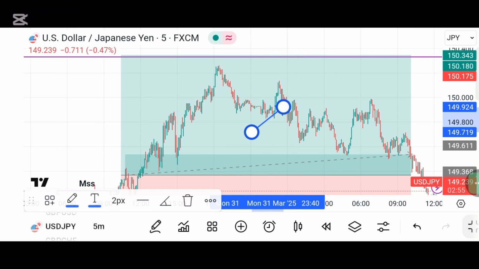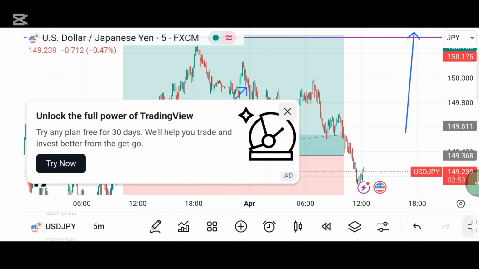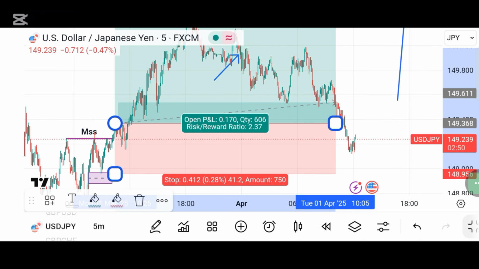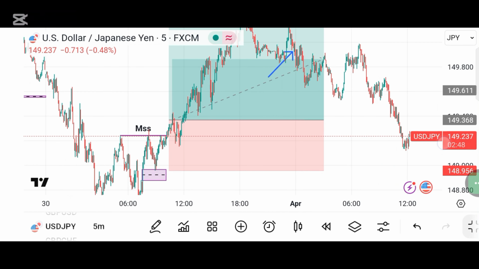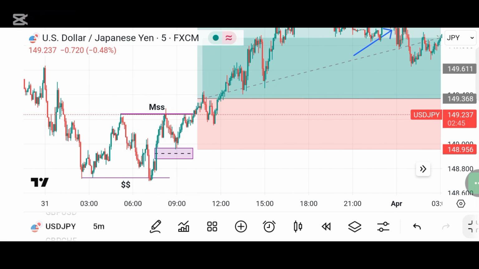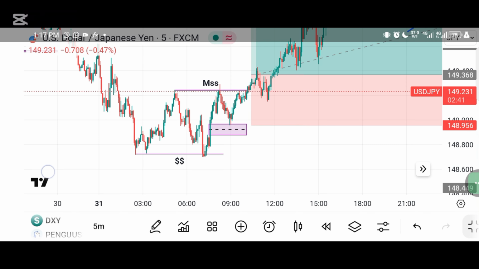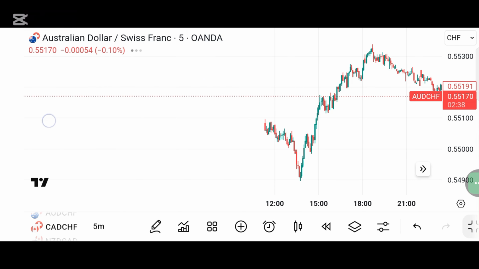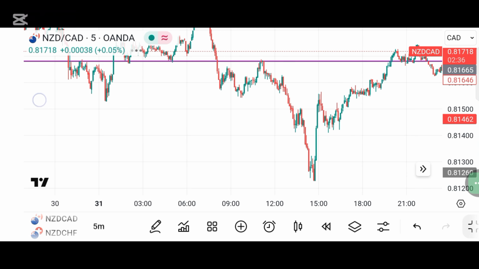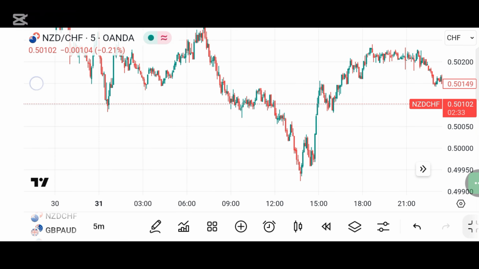Around this level here. So that was how I made advantage of this pair. So you can see that some pairs might actually show you some things that you might like. See how clean this setup was there, but on JPY, it was very, very complex. So if you understand the concept of correlating pairs, you might know how to take an opportunity when you're looking